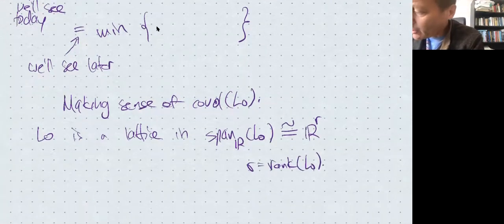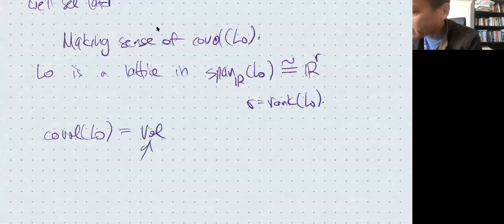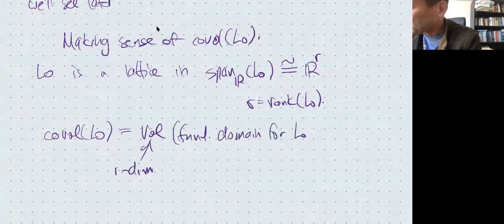And so the co-volume of L0 is the r-dimensional volume of a fundamental domain for L0. So far, this seems like a reasonable definition, but there's something tricky going on here,